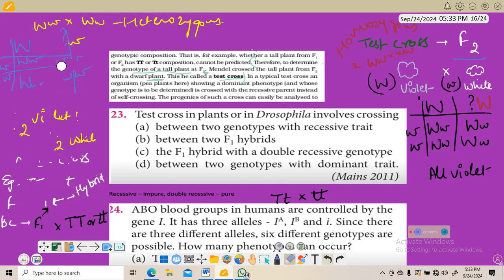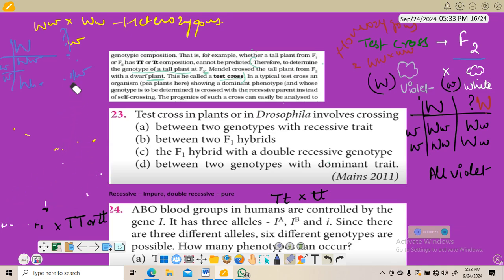Hello guys, so we'll discuss the next question, which is in continuation with principles of heredity and variation. We discussed test cross and back cross. Okay, 23rd question, test